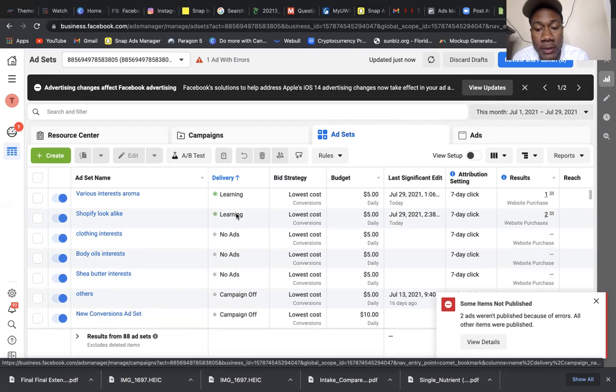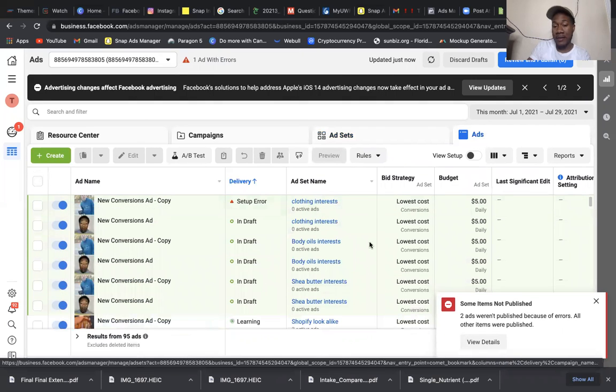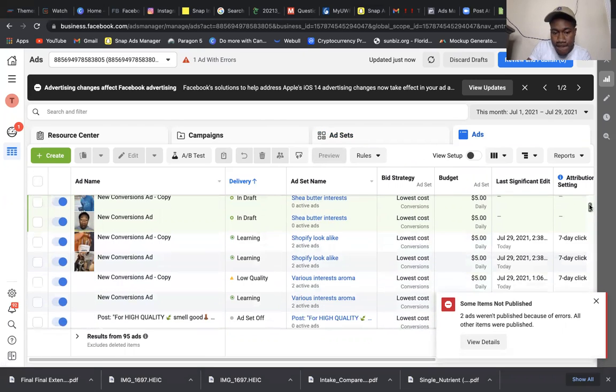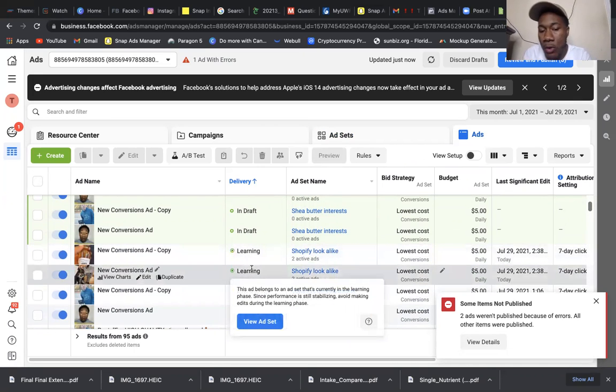So with them learning, they're basically testing and learning. They're in the learning phase. Your ads are going to tell you what stage they're in, and that will give you insight on if you need to shut an ad off or let an ad continue to run. Right now, it's in the learning phase, so I'm not going to mess with it. I'm not going to edit it because it's still learning. And then of course, you want to get into individual ads. With these ads learning, I'm not going to mess with them.